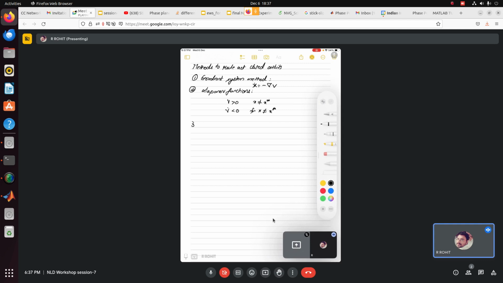Now the third method which we will learn is called the Dulac criteria. This is also a method of ruling out closed orbits, and it is based on a theorem called Green's theorem. We might have learned this in mathematics. So what the theorem states is,